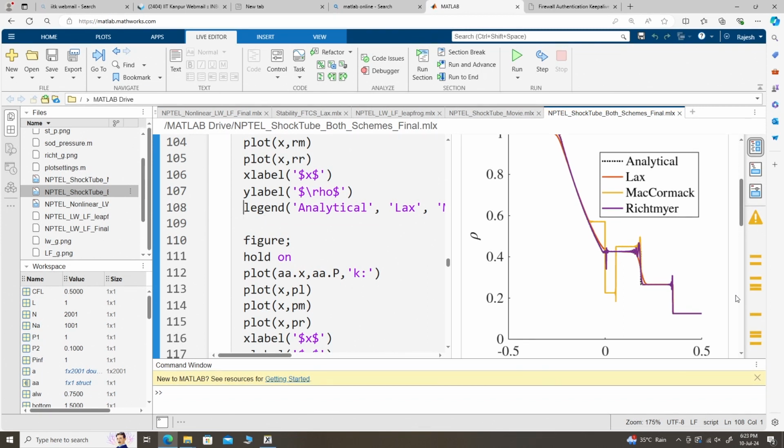But as far as the schemes and writing simple CFD codes are concerned, I hope you have got a good understanding, and I expect that you go back and start coding simple problems, and we will